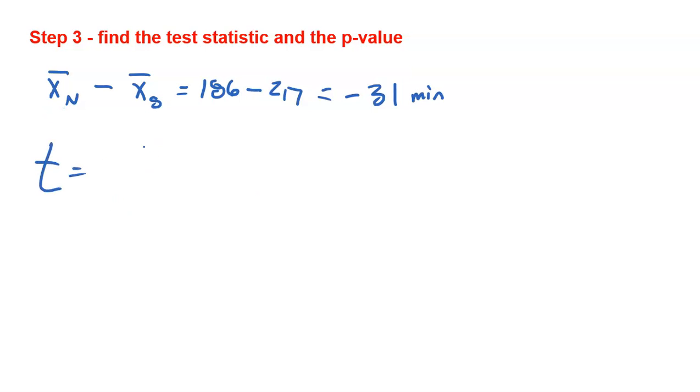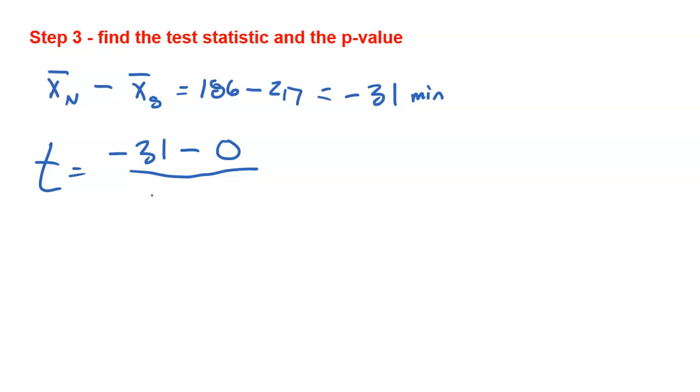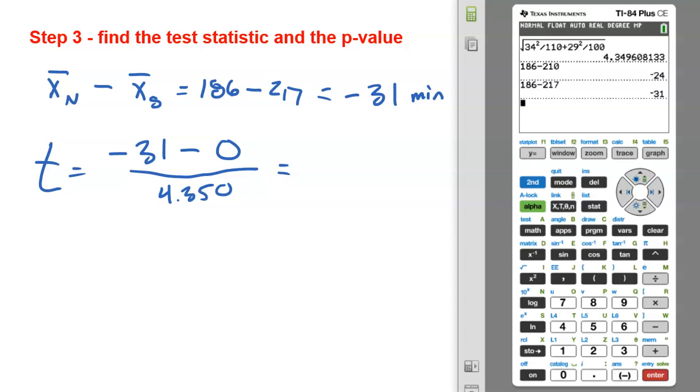Now I'm going to need my t-score, so I'm going to take the mean difference I saw of negative 31 minus the mean difference I expected, that would be 0, divided by the standard deviation that we calculated. Excuse me, I did it again. Standard error. I wish I could use standard deviation, but all I know is the standard deviation of my samples, which is forcing me to use standard error, 4.350. And now I'm going to grab my calculator. So I have negative 31 divided by the 4.350. Obviously, I don't have to subtract 0. Hopefully, you guys understand that. And I get negative